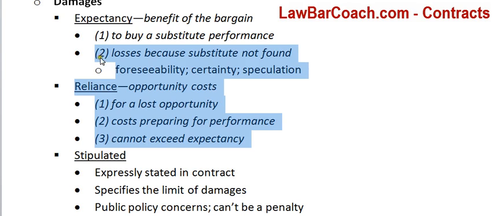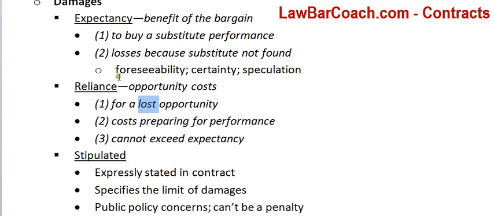There are other things, for instance, losses because I couldn't find a substitute. Imagine that I needed you to teach me a certain song for a recital I had on Friday. You didn't show up that morning to teach me the song. As a result, I couldn't find a substitute that day. That was too short notice, and there's some damages I received because I couldn't play that night.